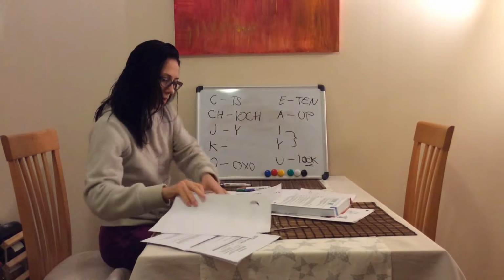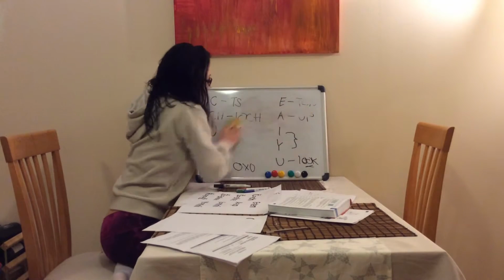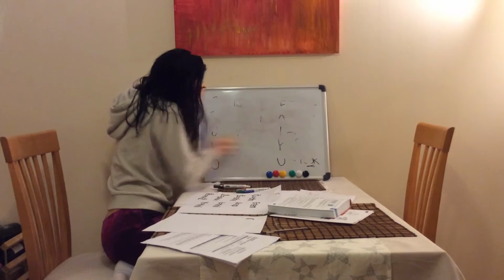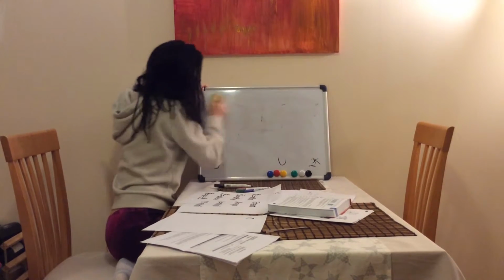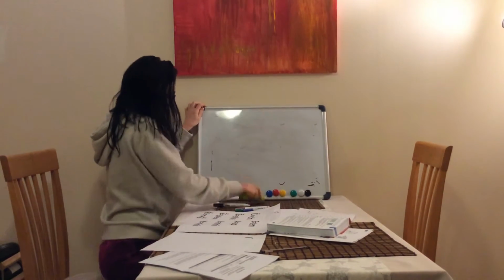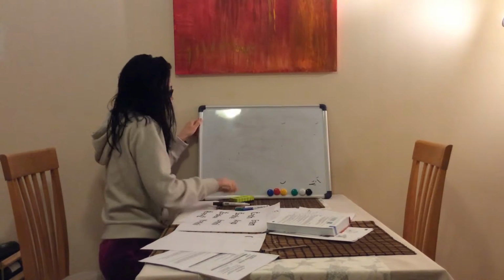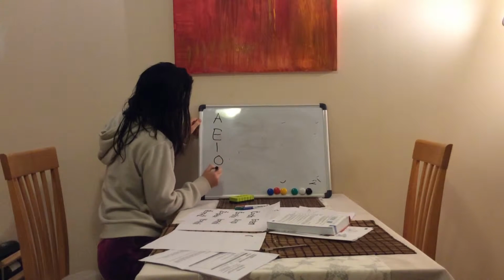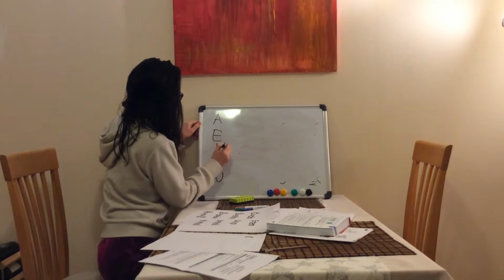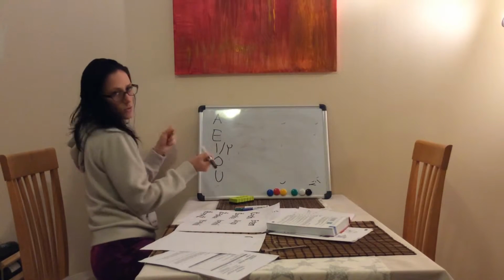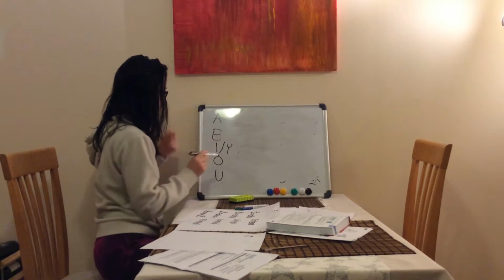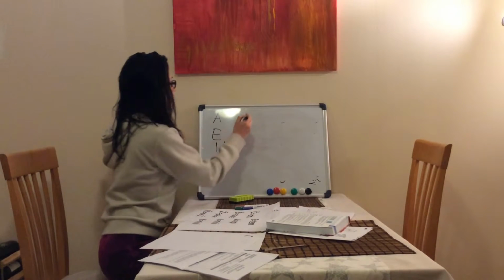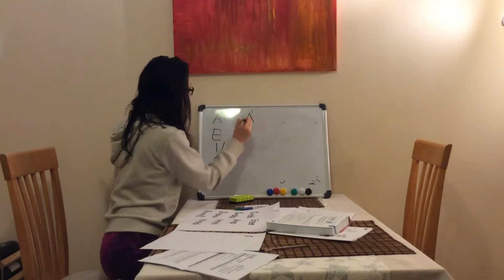Okay, so now we move on to the letters that you don't have in English. Whoa, this is hard work. Which you kind of do, but not in that form. So that's A, E, O, U. I and Y, that's all E, the same sound. We also have them as A,